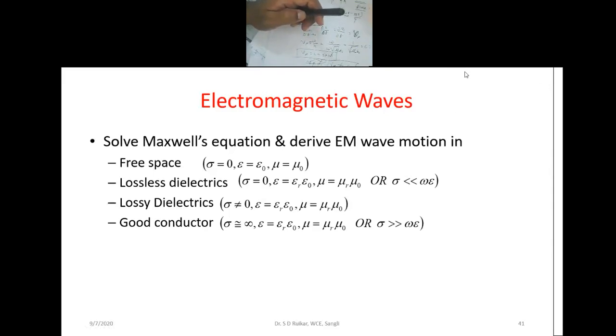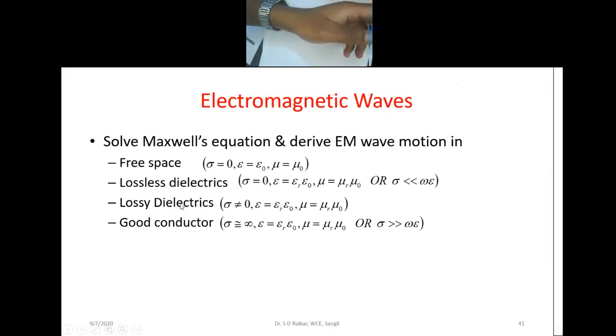We need to see what the field components are and what components we are utilizing here to define the terms. Now these are the wave equations for the different media, and our aim here is to learn, in a waveguide, about the lossless dielectric. It is not a lossy one. It is a lossless dielectric.